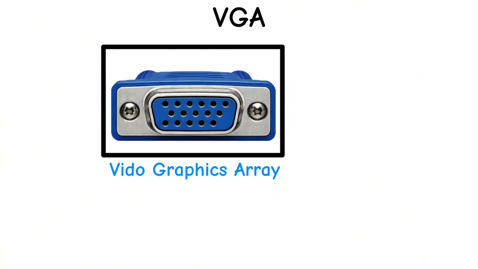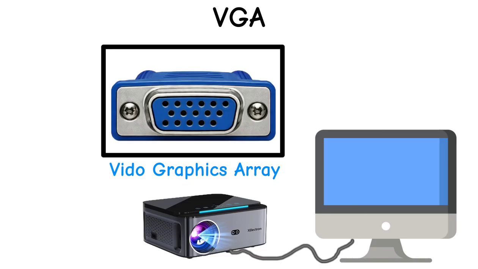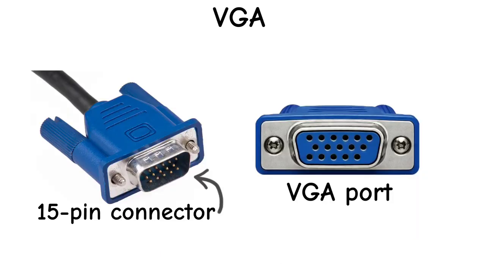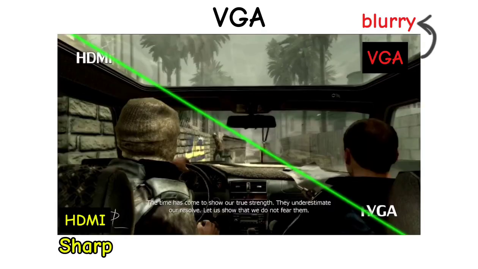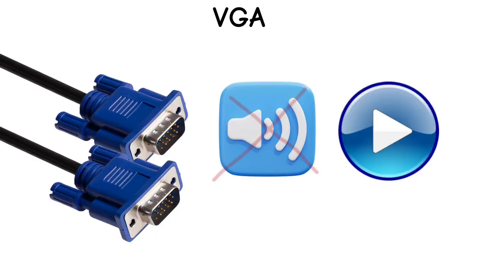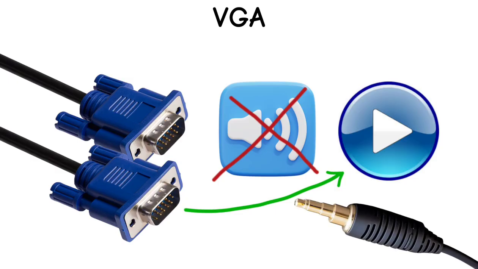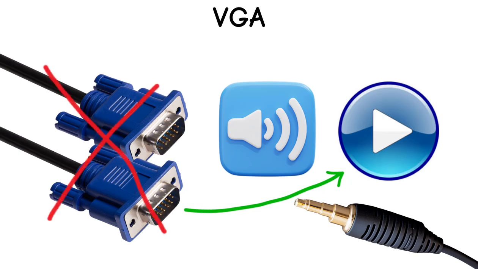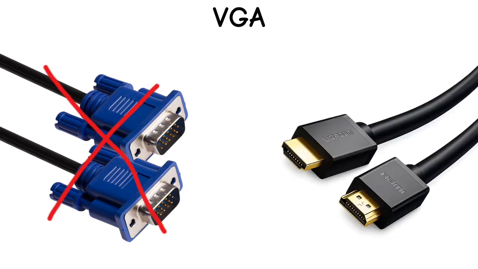VGA, or Video Graphics Array, is one of the oldest video connectors for connecting computers to monitors or projectors in the past. It uses a blue 15-pin connector that carries analog signals, which makes the picture often look blurry compared to modern ones like HDMI. And VGA also does not carry audio signals. It only sends video. So you would need to plug a separate 3.5mm audio cable into the PC just so the sound can come out. But in modern setups, VGA is mostly gone, replaced by digital connections like HDMI that deliver much sharper images and